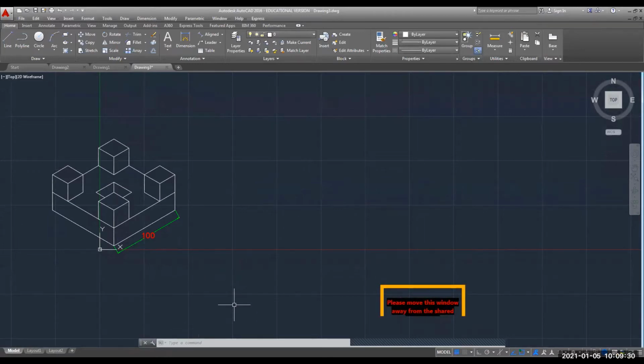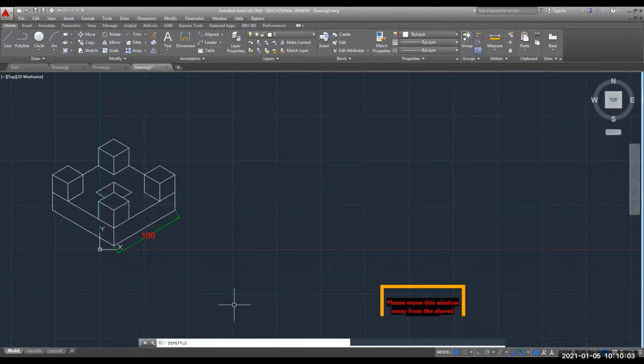So one way I can type in the command line dim style. Another way, I can use just the previous command. Okay. So on your keyboard, if you press the up arrow, automatically you will see what are the previous commands you have used. Till now we have used only dim style, isodraft, so those are visible over here. So using up arrow and down arrow, you can go through the previous commands.